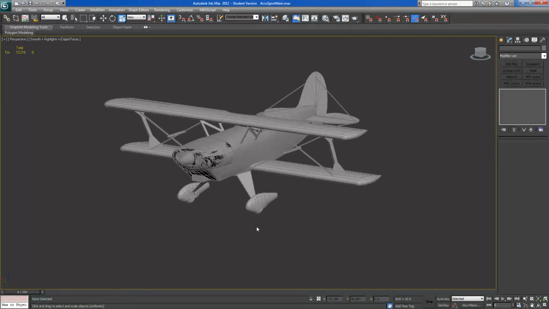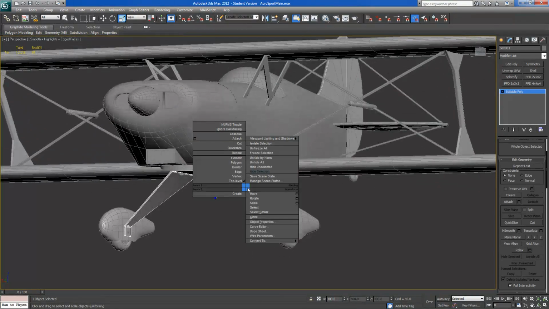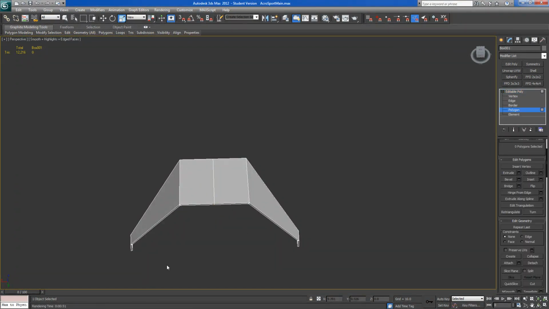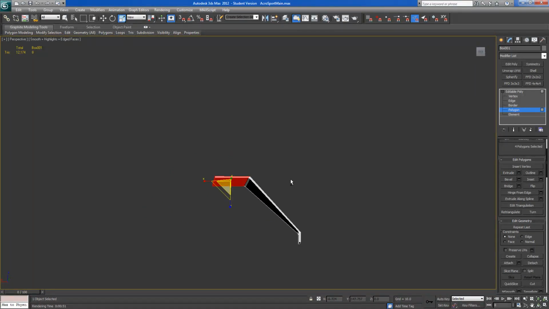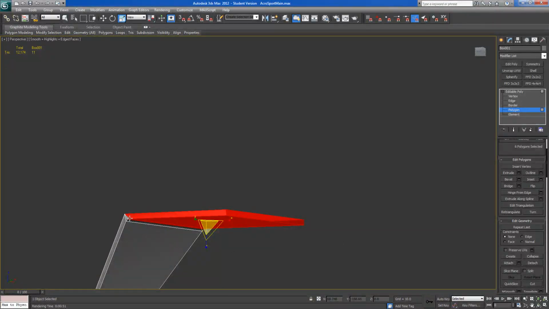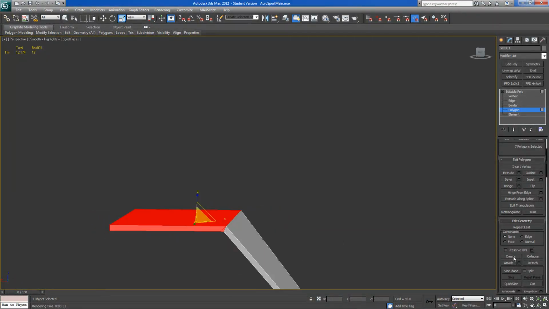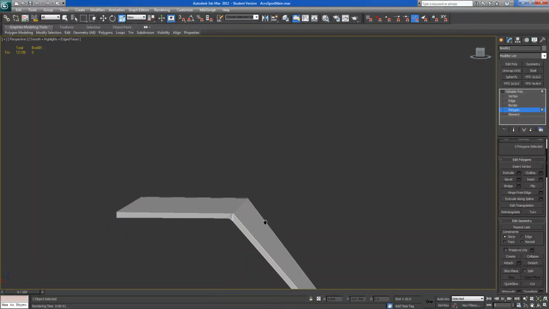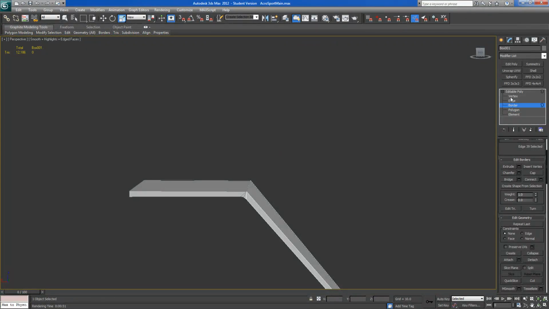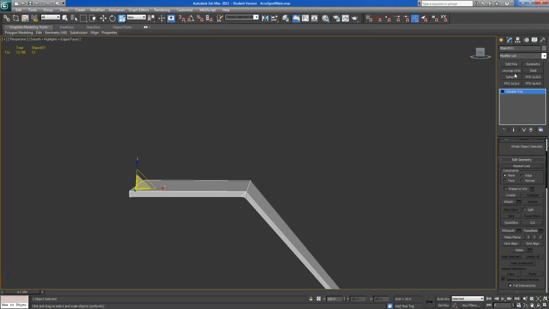Okay, so I do need some further breakdown. I need to concentrate on this gear real quick. So I'm going to hide unselected, and I'm going to grab the polygon tool here and delete this half, and then I'm going to select this half here and make sure that it's exactly half, and I want to detach that, keep that separate,